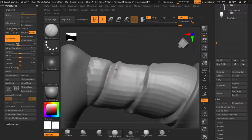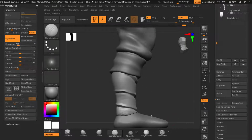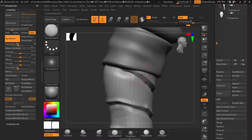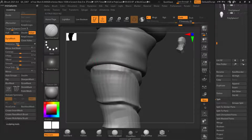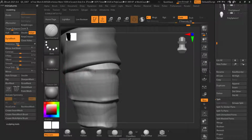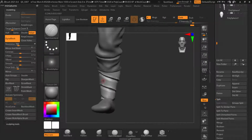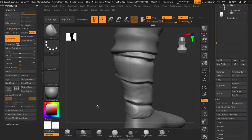Around a bit further. Cool. That one's a little bit thick, I think, so I'm going to push that in further. Or actually, rather than doing that, I might start it further around here. There we go, like that. So it's a bit more gradual at the start. Okay, so this is the basic shape of where our lines with this leg wrap are going to go. Let's just undermesh that one more time and